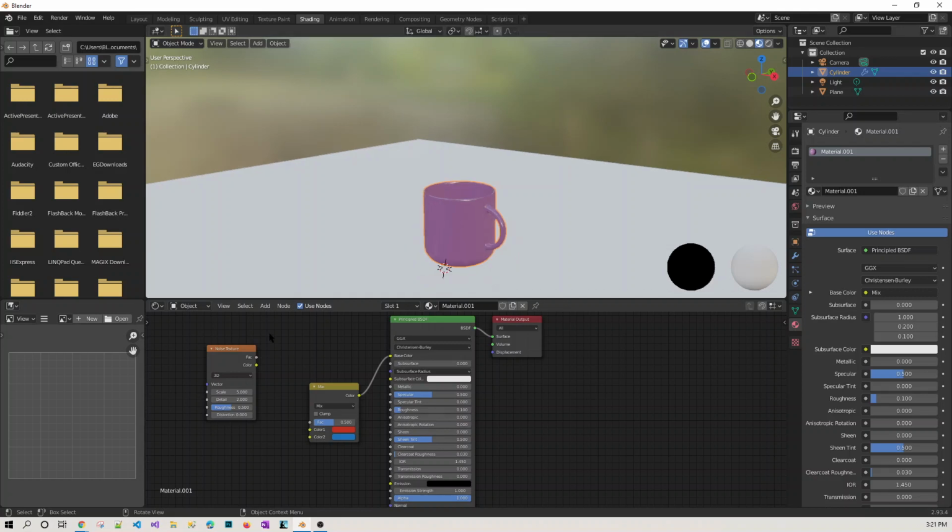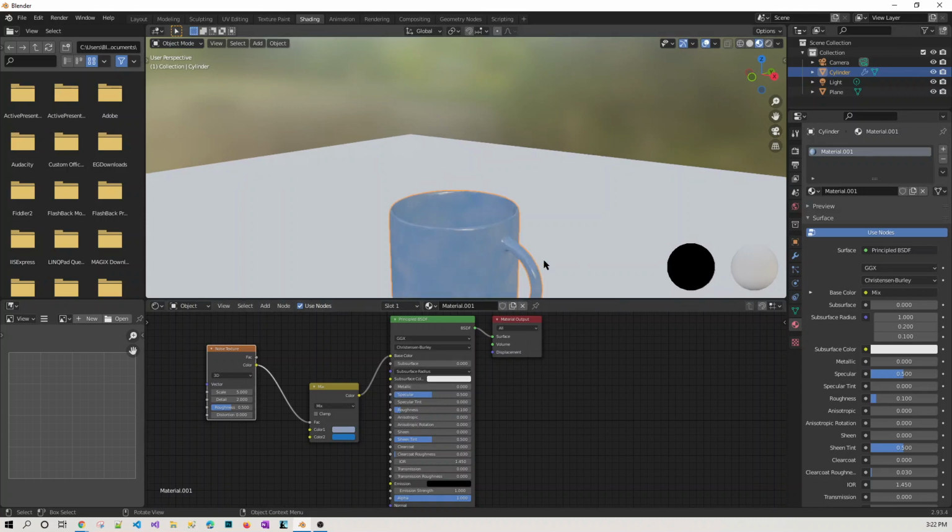If I supply this color to this factor, let's see what will happen. Hmm, not looking good. How about this one? Yes, this looks a little better.